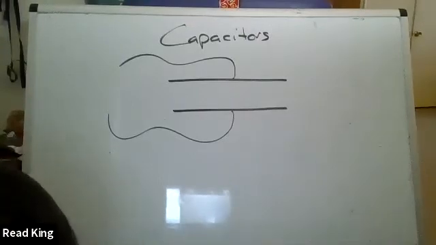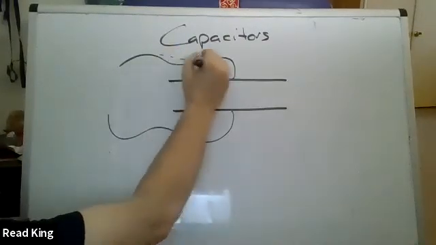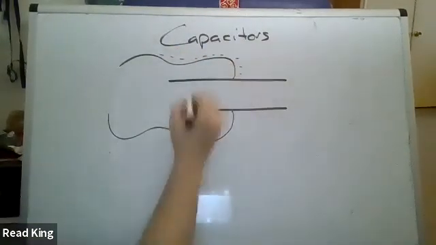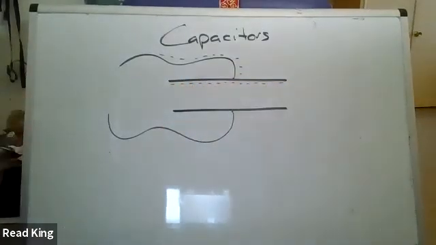So if we end up with, let's put a whole bunch of electrons on here. They're going to flow across and put a whole bunch of negative charge on that top plate. Well, they're not conducting. There is no touch. There's an air gap between these two plates, or a foam gap, which is really just air with other stuff in it. There's an insulating gap here, so the charge cannot flow directly from one side of the capacitor to the other. But we can charge it up by putting a whole bunch of charge on one side, and then